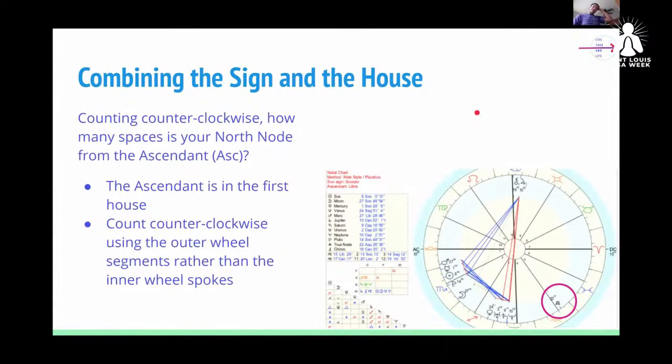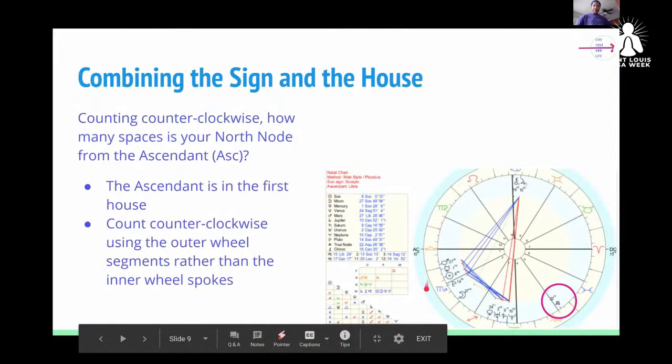If you are using your full birth chart, there's two things you can do. There's this general theme that's based on your North Node placement, but there is also this secondary layer where you're able to specify just a little bit more the theme that is happening. To do that, you would count to see what house your North Node is in.